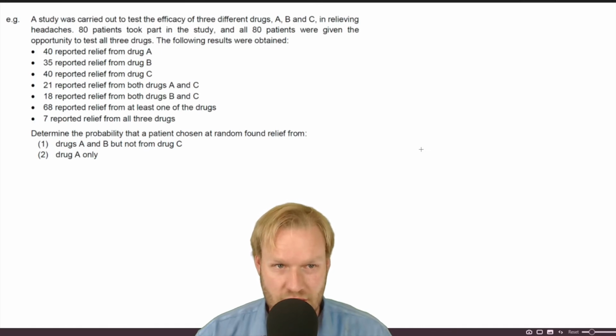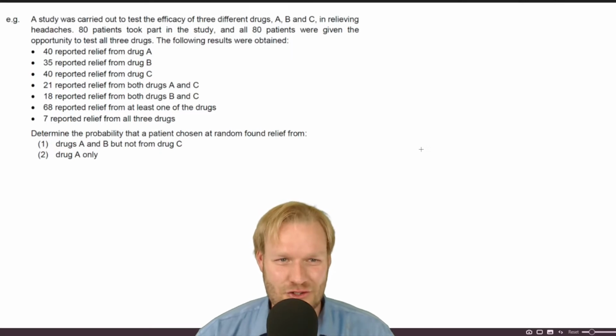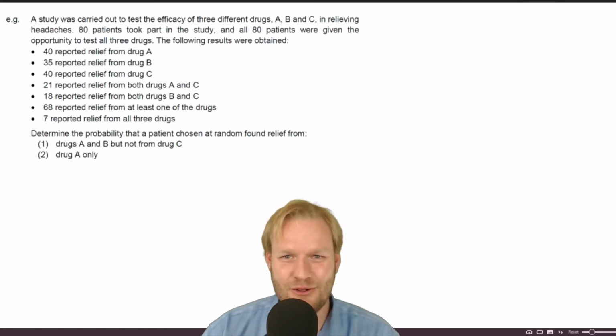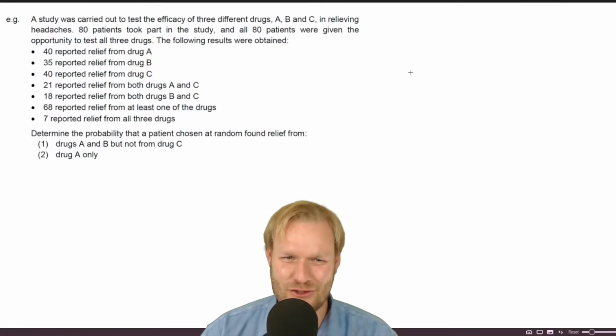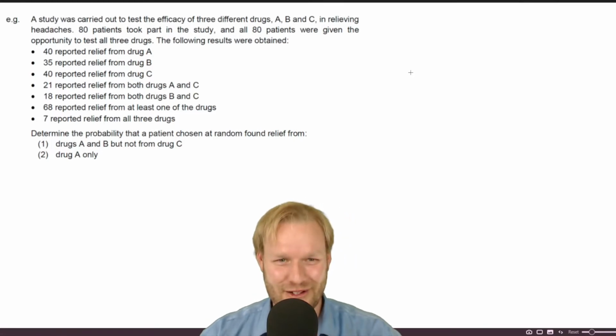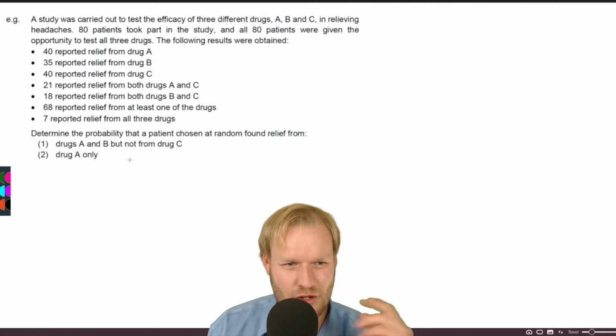A study was carried out to test the efficacy of 3 different drugs, A, B, and C, in relieving headaches. 80 patients took part in the study, and all 80 patients were given the opportunity to test all 3 drugs. So the following results were obtained. We got a whole lot of information here, and what we're going to do is just work through this